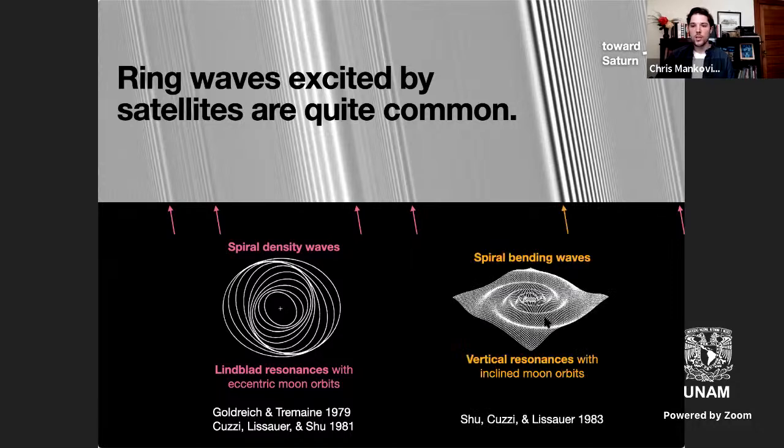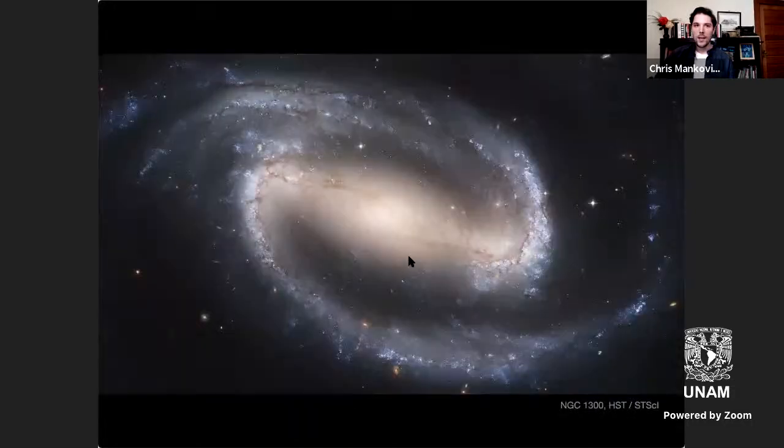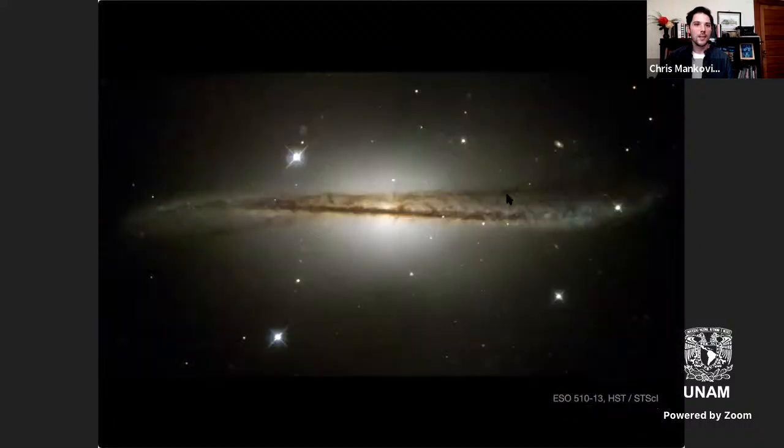There's also a separate flavor, which are not density waves, but bending waves. Those are actual vertical excursions in and out of the ring plane. And an inclined moon orbit can force that kind of wave in the rings too. And just to paint a picture, those spiral density waves are physically really analogous to spiral arms in galaxies that are driven by central bars that are rotating. Those bars have resonances inside the galaxy that can give you spiral arms of stars. Likewise, bending waves can be seen in warped galaxies, although these might be more like chance encounters with a single gravitational perturber than any resonant forcing from inside the galaxy.